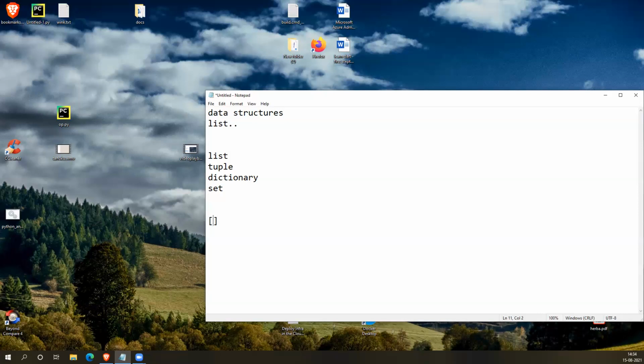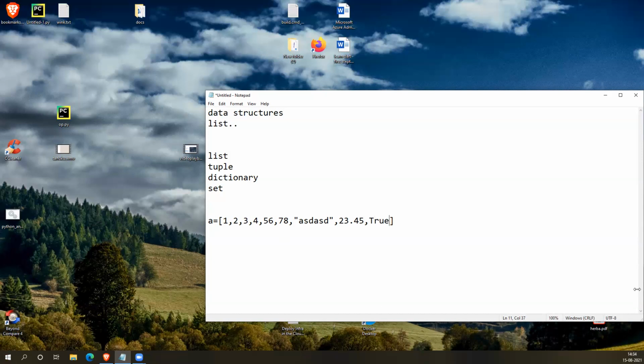So when you're creating a list, you can simply, in the square brackets, add multiple values like this. In C language, you are limited to only integers here. If you keep an integer value and a string, the complete array should be the same type. But here you can keep multiple values: integers, strings, floats, booleans, any kind of data type, a mixed one.